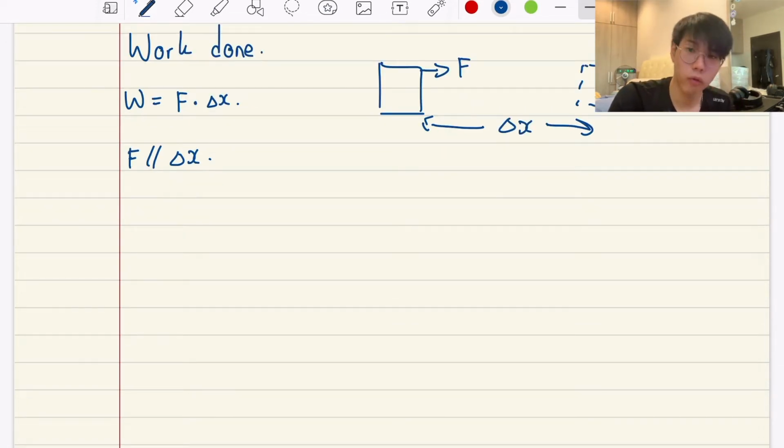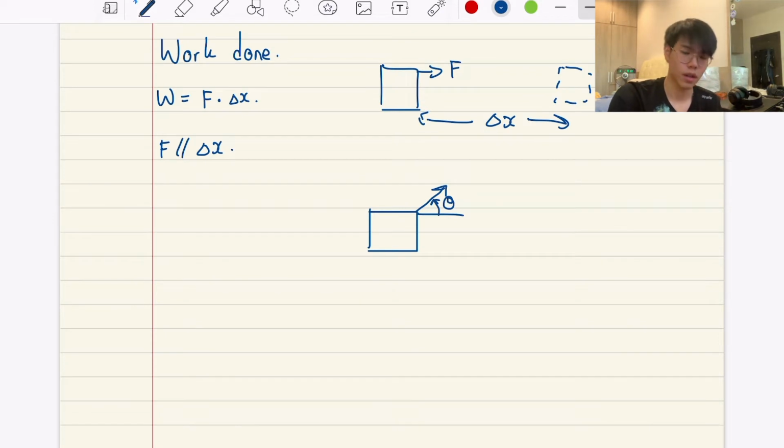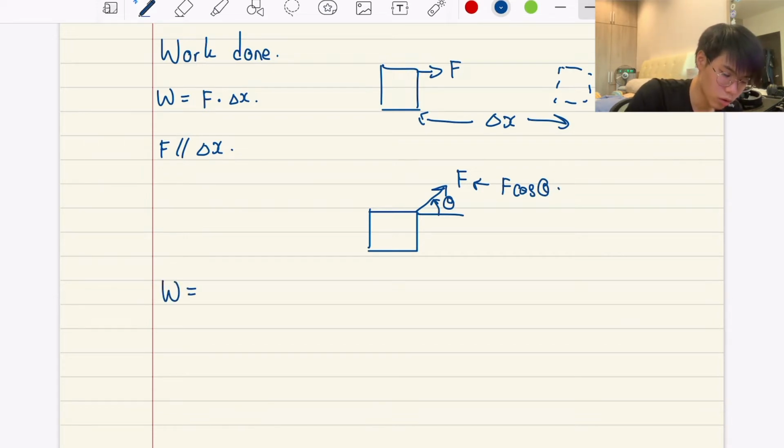So now what if your force is not parallel to the direction of the motion? Which means it will be like this, where the force has an angle with the horizontal. Since we know that the force must be parallel to the direction of the motion, we can resolve this force into the horizontal component, which is F cos theta. So the formula for it will be work done equals F cos theta multiplied by the change in displacement